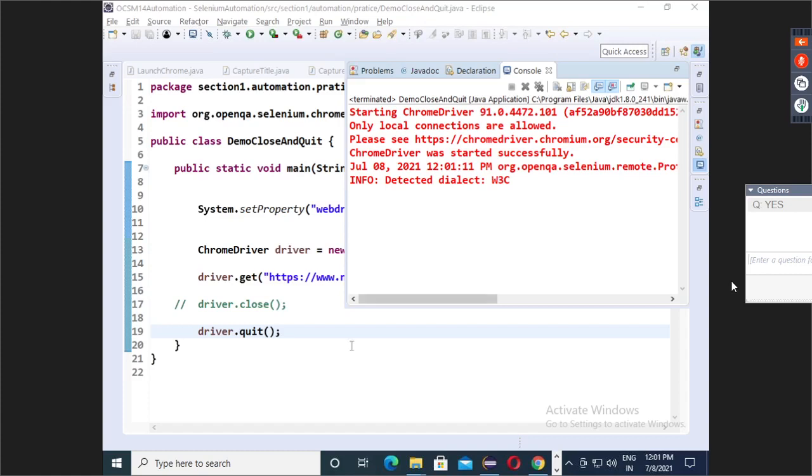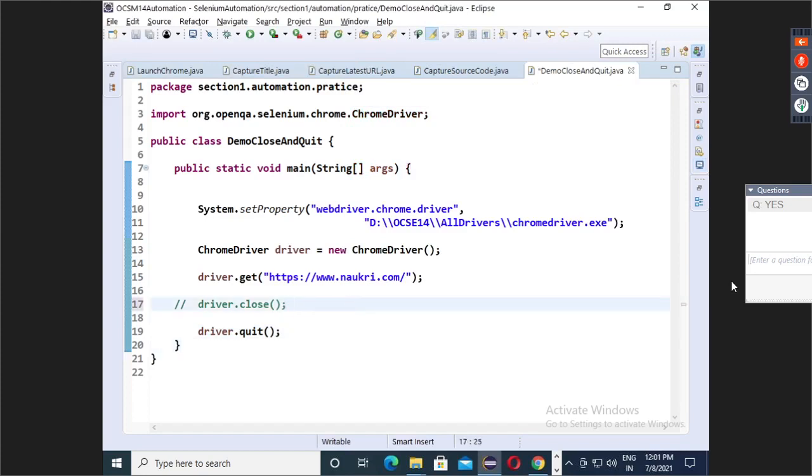Okay. So, guys, can I say driver.close means it will close only the current browser, but quit means it will close all the browsers.